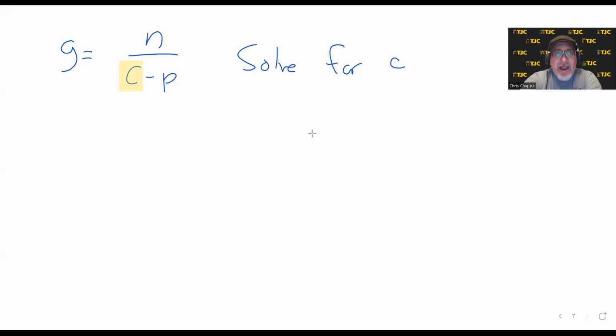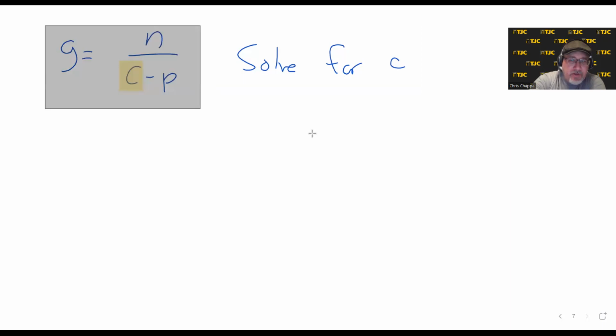And if we get rid of the fraction, then that would get it out of the denominator. So what can we do to get rid of the fraction? Well, keeping in mind that a fraction is just a multiplication problem, all we have to do is the opposite. And what is the opposite of